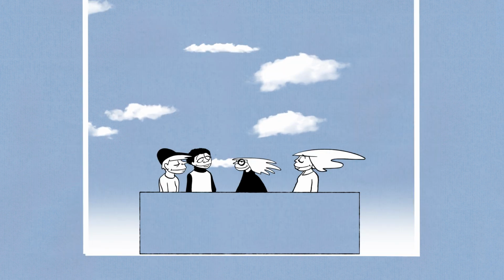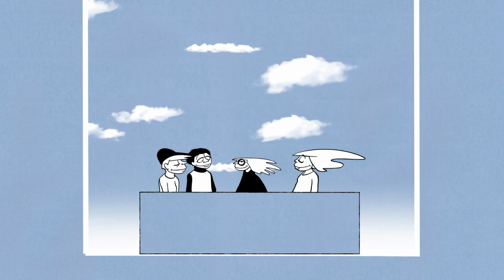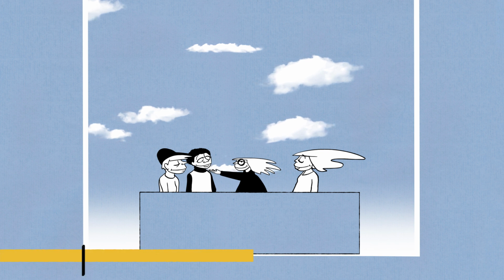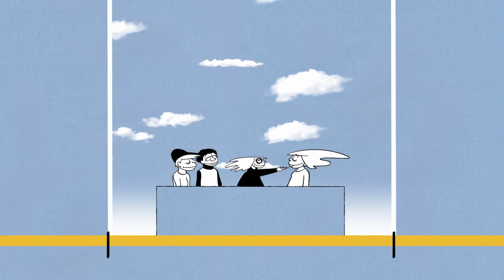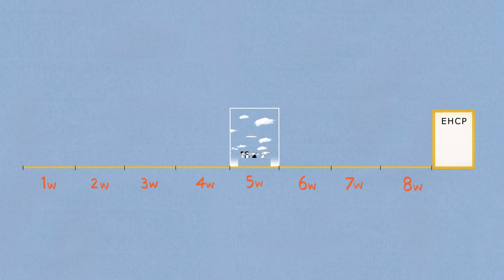The annual review is a legal process, which means certain things need to happen before the annual review meeting takes place and others afterwards. It takes 8 weeks to complete and must be completed by the anniversary of when the plan was first issued or the last review meeting. It can be broken down into 5 steps.